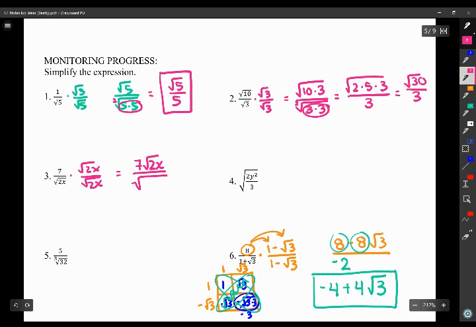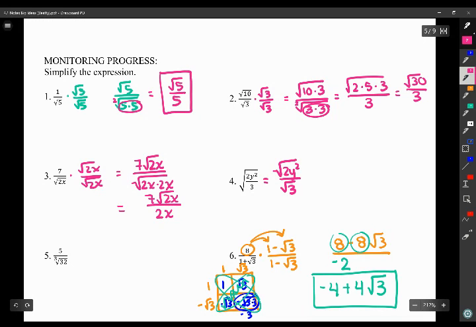Underneath the radical, we now have 2x and 2x. And so when we look for a pair, we have a pair of 2's and a pair of x's. So this is going to give me 7 square root of 2x all over 2x. So notice how it just makes the radical sign go away. So hopefully you start seeing that pattern so that, again, as we break this down as a root on top